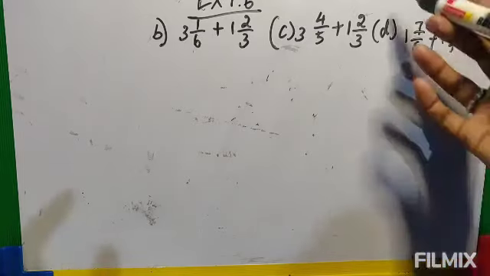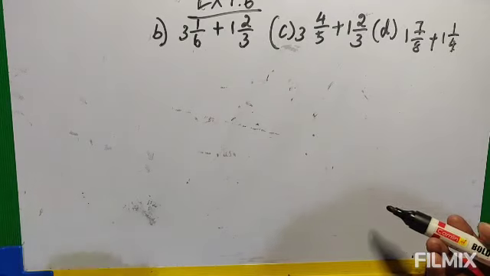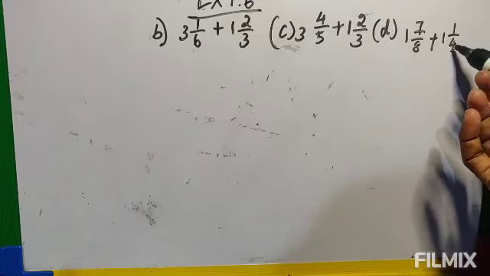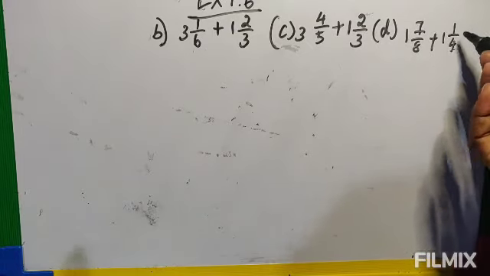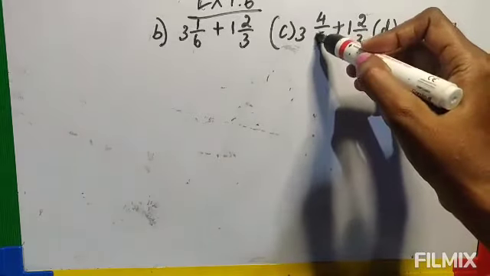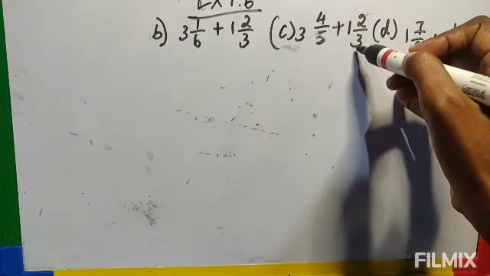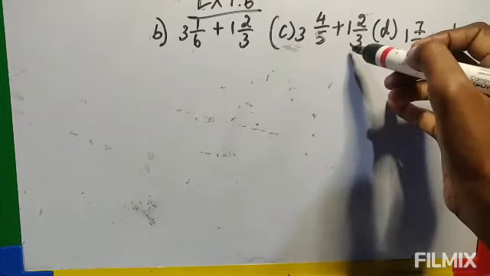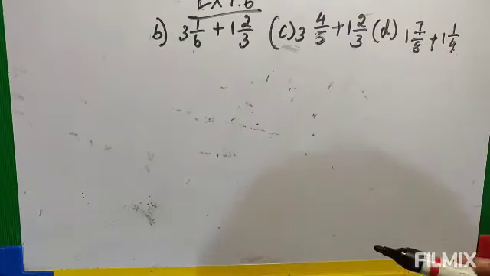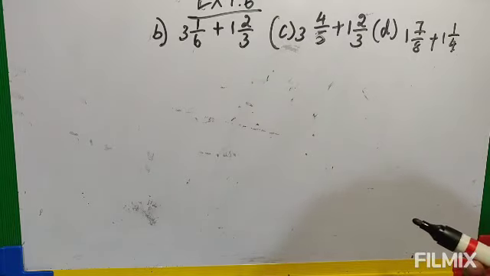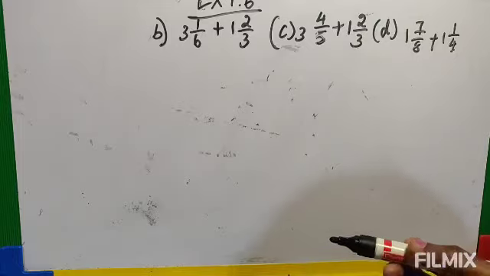If you go for cross multiplication, you will get bigger numbers and find the calculation difficult. If you do it this way, you have to multiply only this number, so you will get a smaller number and the calculation will be easier. But here the denominator is 5 and here the denominator is 3. Both are prime numbers, so they will not have a common number to be multiplied. That means there is no shortcut, so you have to directly do the cross multiplication.